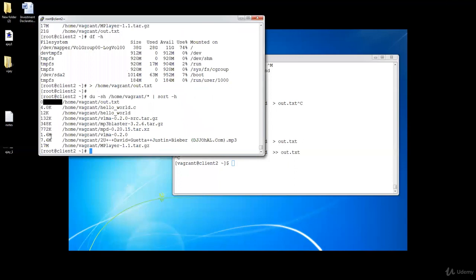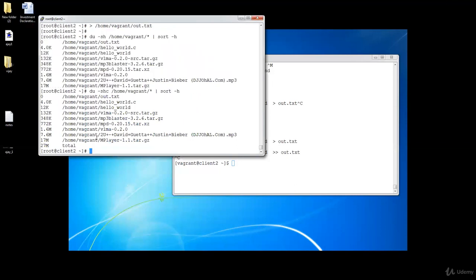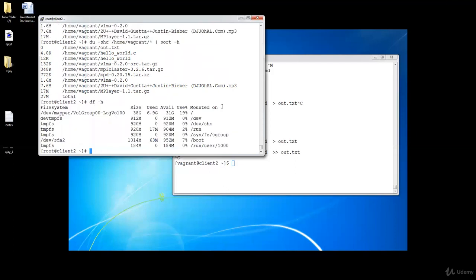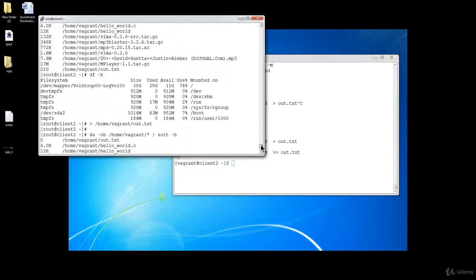It came up, and if we include the -c option, it will show us here the grand total, which is now very minimal, 27 MB. In df -h also we can compare the output, right? If we scroll up a little bit, it was 28 GB as used and 11 GB as available.